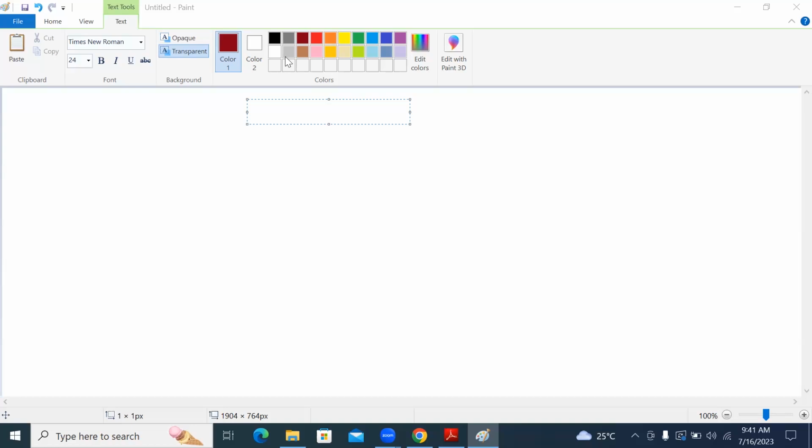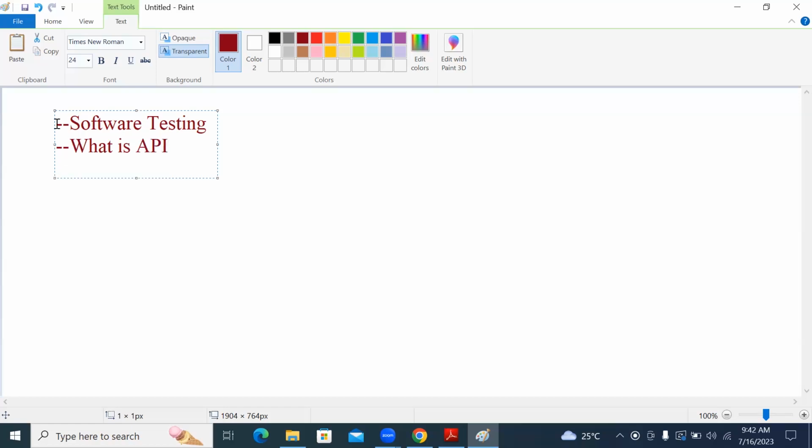First, today's agenda: we'll understand what exactly is meant by software testing, what exactly needs to be done as part of software testing, and then we'll move into understanding what exactly is meant by API.